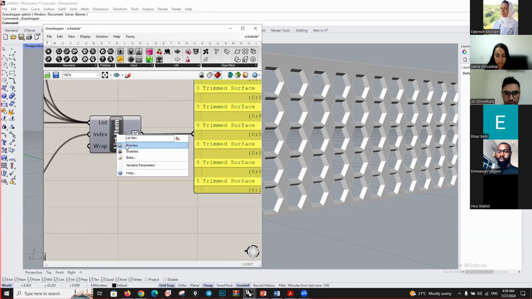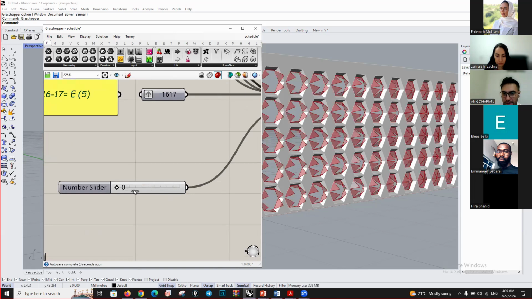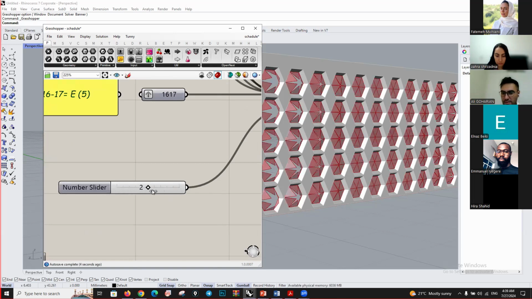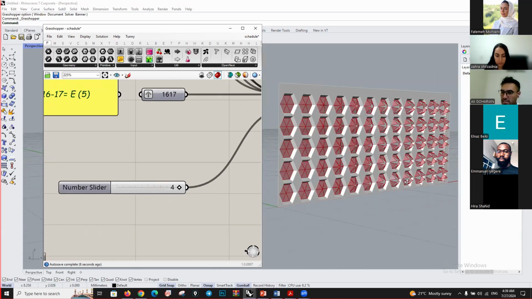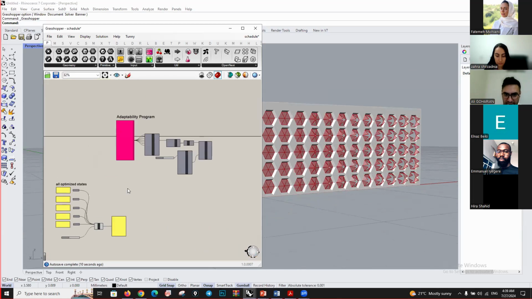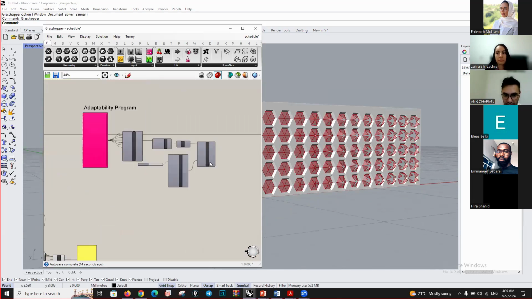And if you check, this is the best. This is the best design concerning sun position. And after that, this is a schedule, this is a program. And if you can see,